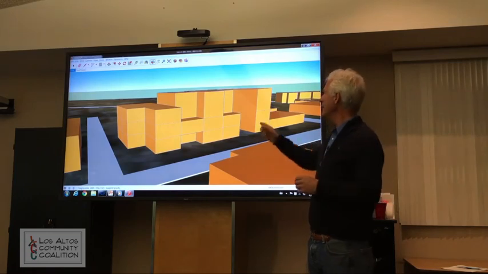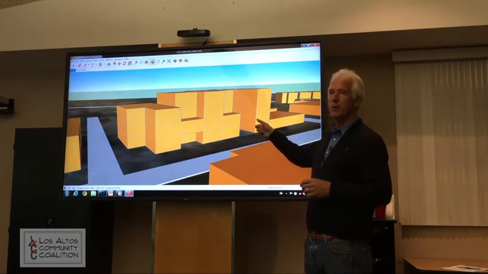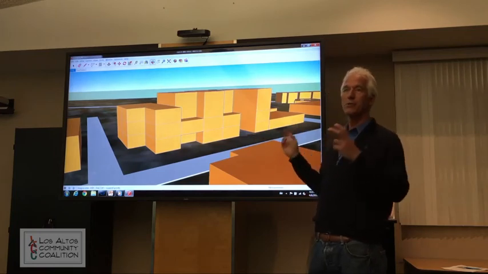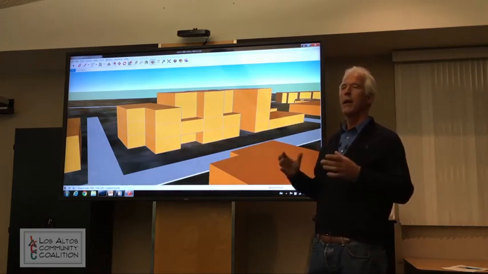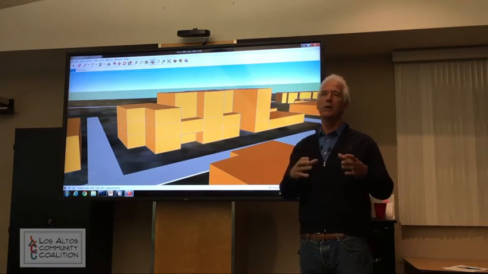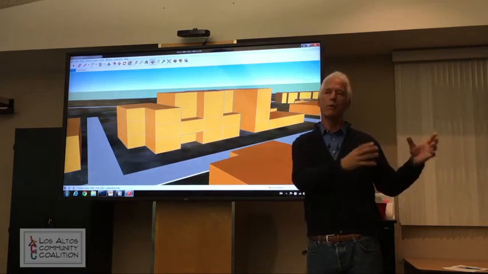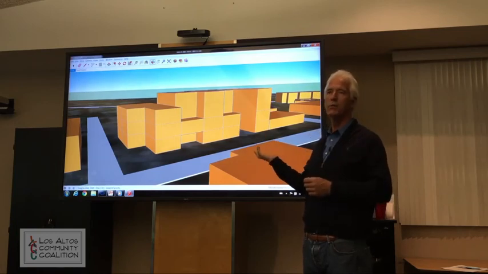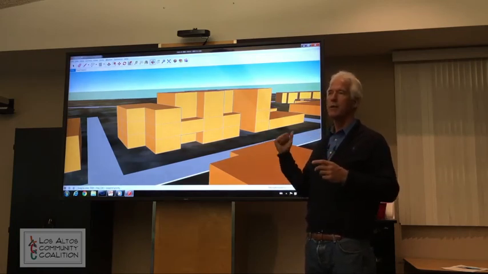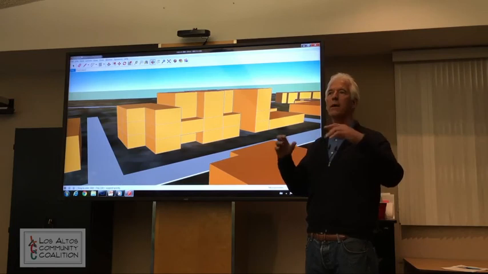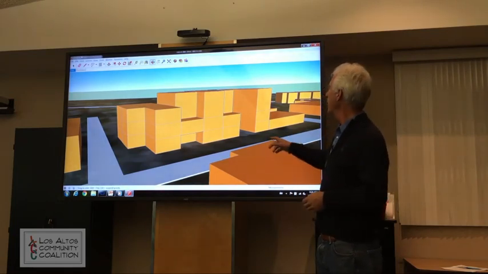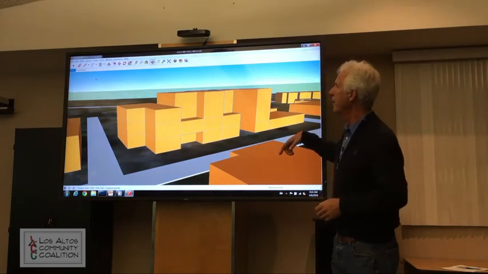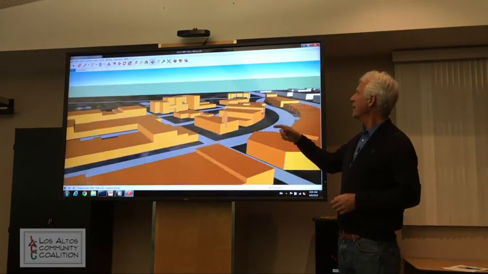And we can easily take a finished building and insert it into this, what I'm going to call master SketchUp document. And so every time a building is either remodeled or otherwise, or it's a new building, you will have that data that you could put into a 3D model, so that every time something's approved, we can understand what that means. And if you wouldn't mind taking us on a fly through the neighborhood,